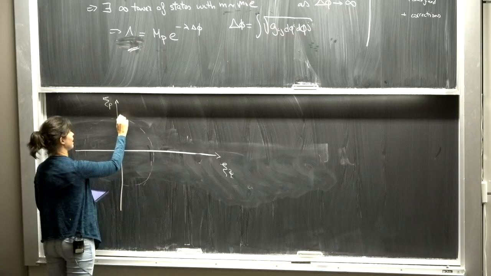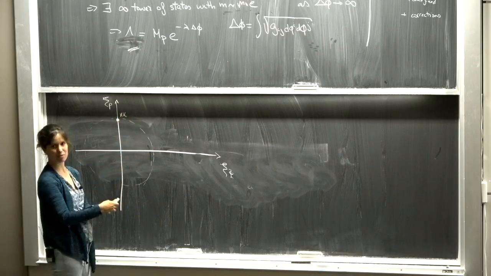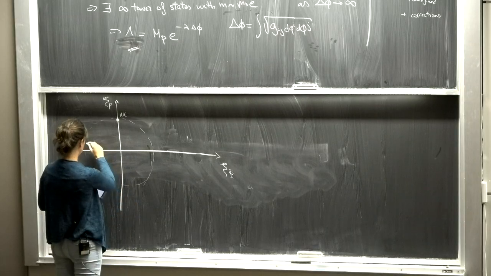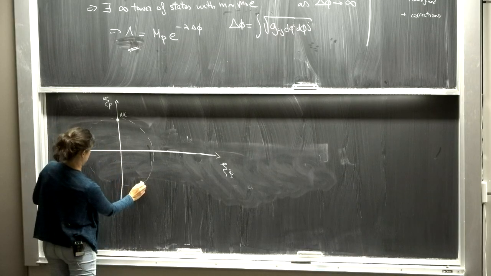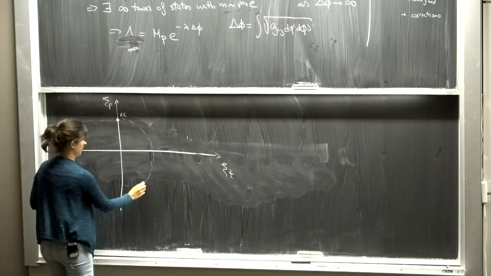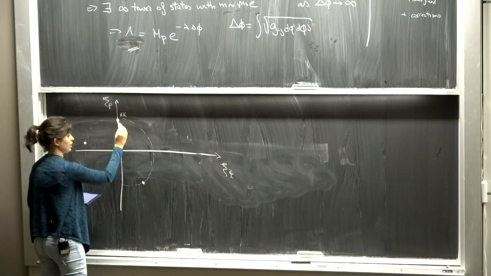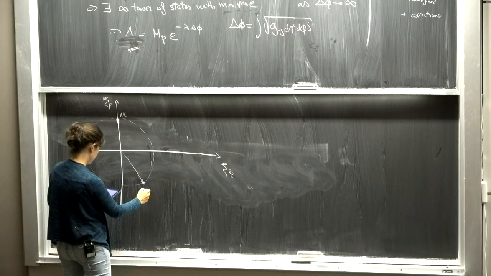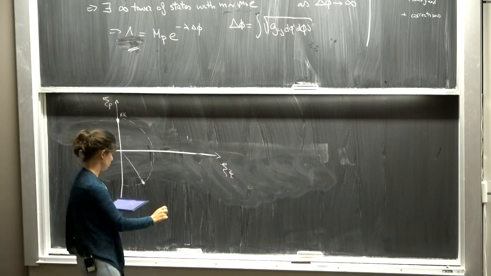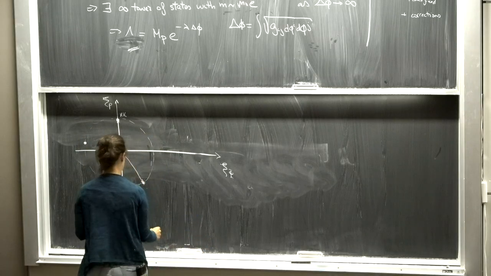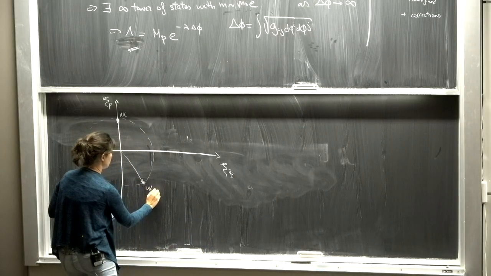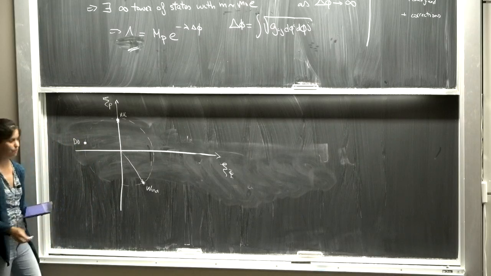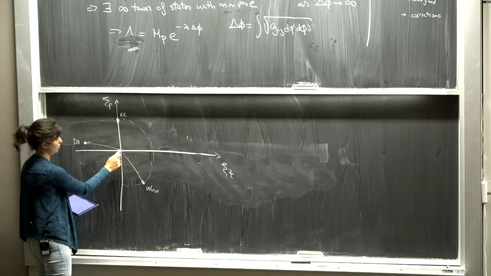So here I have the KK tower, because I only had a component on the radius. If you plot the other ones, you get something like this. So this would be the vector for the KK. This would be the vector for the, which one? This is the winding modes, right? Yes. This is the winding modes, and this is the D0 branes. I'm just plotting these vectors there.